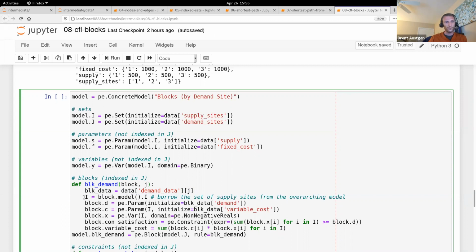We're going to borrow the set of supply sites from the root model object. So this is just saying whatever the block is, the model is the model to which it belongs. So that's this thing up here. And we attached the set of supply sites to the model. So we're just saying, let's use a copy of it here so we don't have to actually create the object for however many different demand sites there are. And then for D, which is our shorthand for the demand, we're just initializing using the block data demand